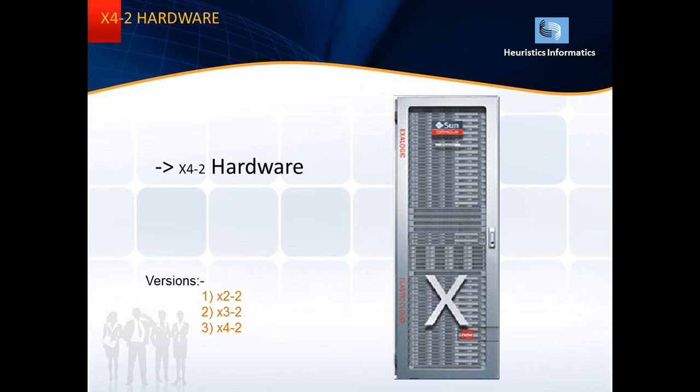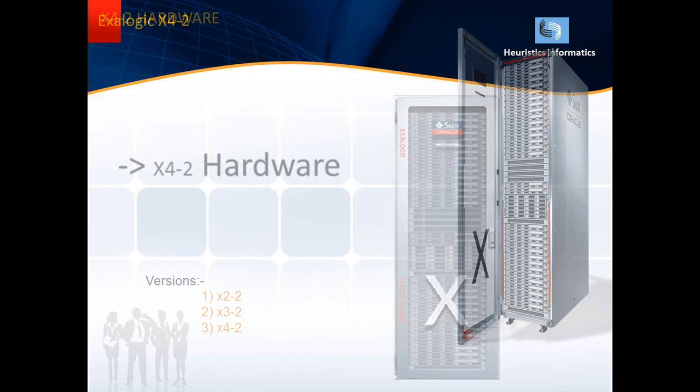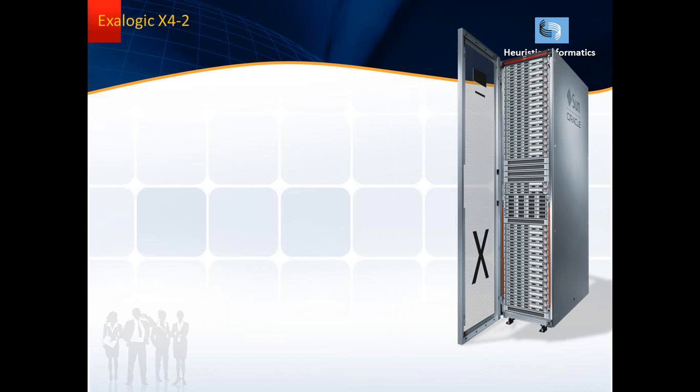Let's see what components we have in Elastic Cloud. This is the total Elastic Cloud, and if you open the front cabinet door, the internal view looks like this. These are all the components within the single Elastic stack. In this total stack, all the components are integrated. Now let's look into each and every component.